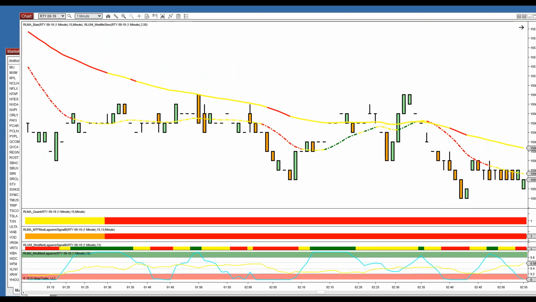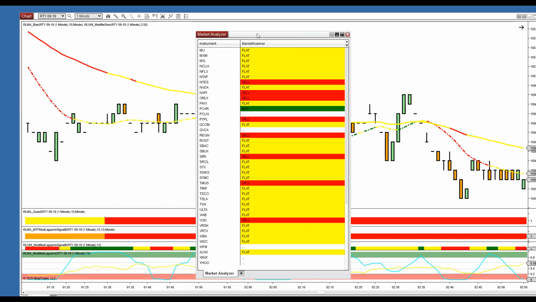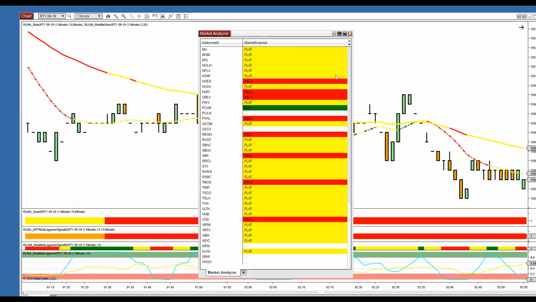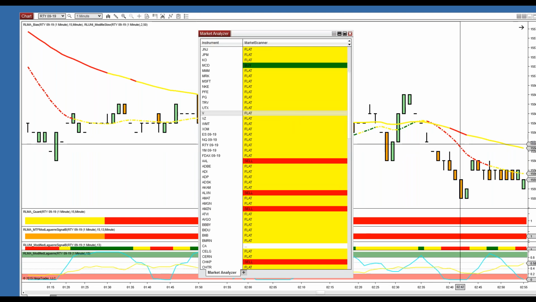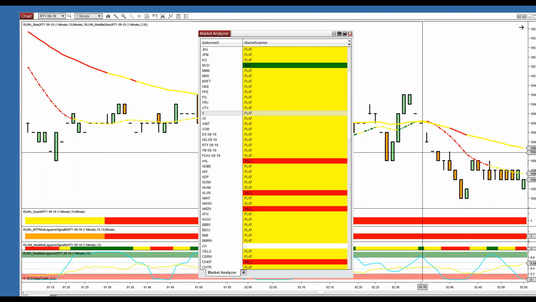Scott, we give you all that software. The Laguerre software and all that stuff, we give you. It's inside the analyzer. So when you get the analyzer, all of the indicators that you see here that are used to generate the signals are inside it. That's the only reason why I can give you a buy or a sell, because it's looking at the color of the 50, it's looking at the color of the 15, it's looking at the quant, it's looking at the long-term Laguerre, it's looking at the direction of your chart Laguerre, and it's looking at